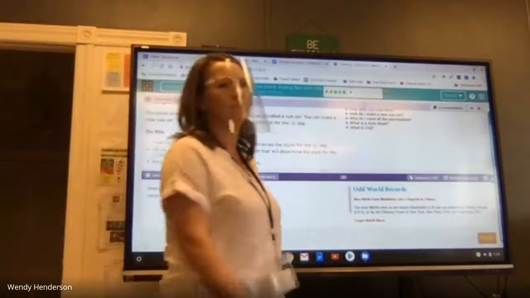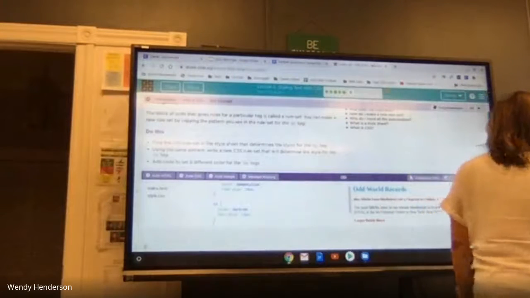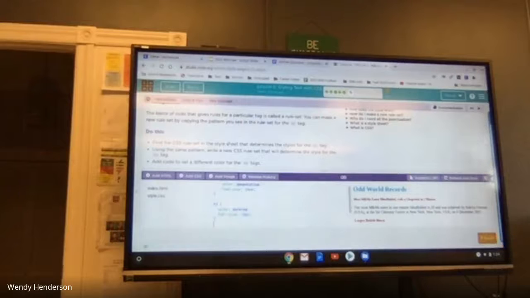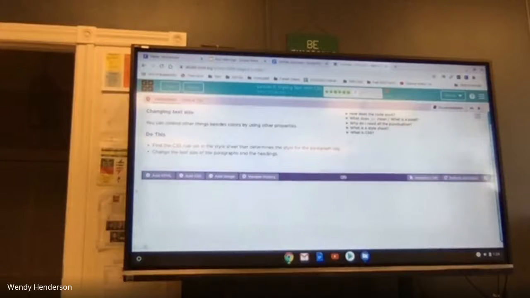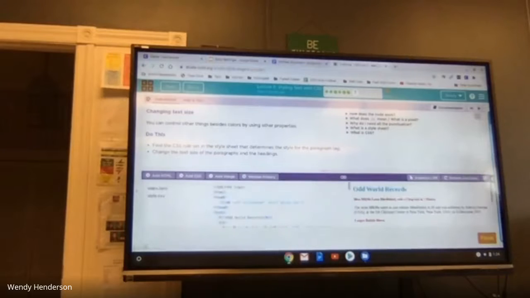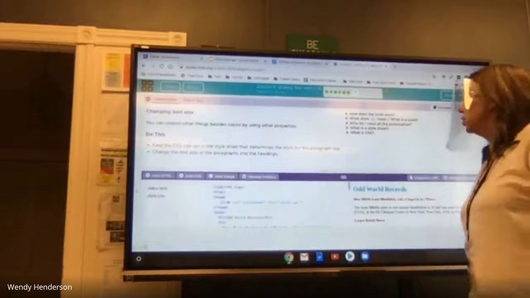Are y'all good with that? Okay, let's click finish. Let's look at the next one. You can control other things besides colors by using other properties. And this time, we're going to